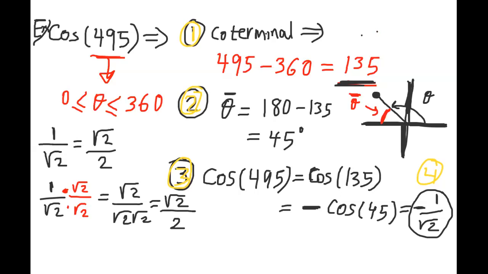Yes, we can find an angle. It is possible to find the answer with an angle not between 0 and 360. Yes, we can find the answer because this angle is 495. What does that mean? This means actually the angle 495,